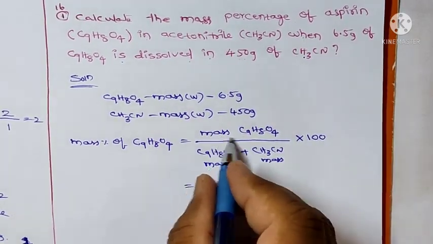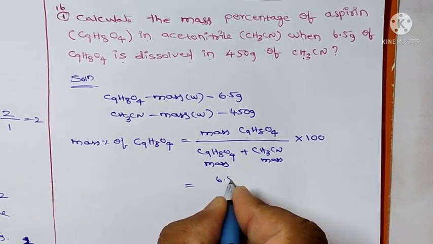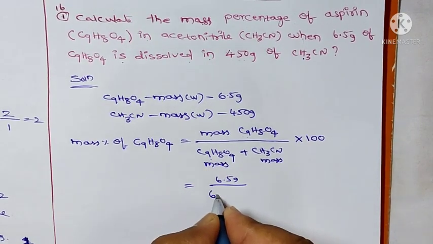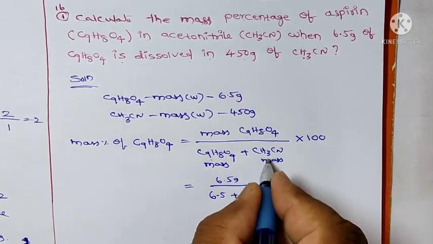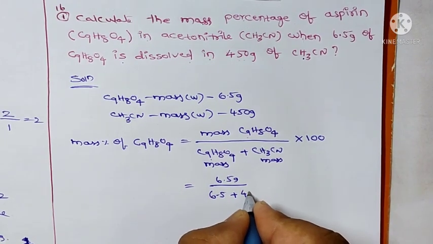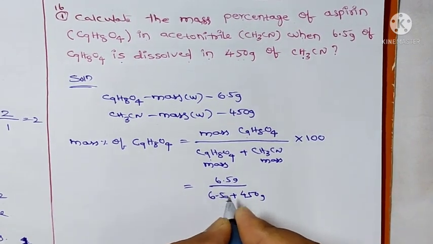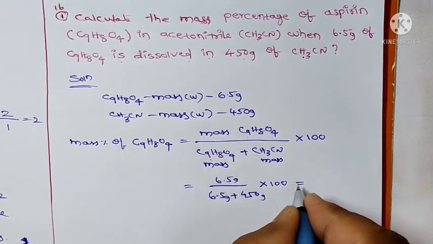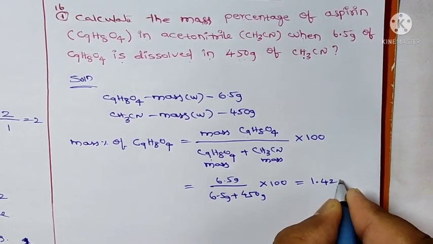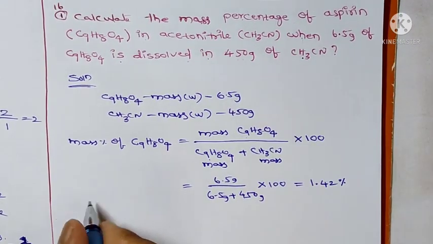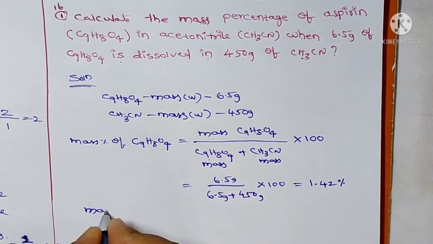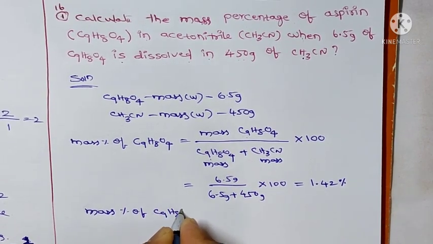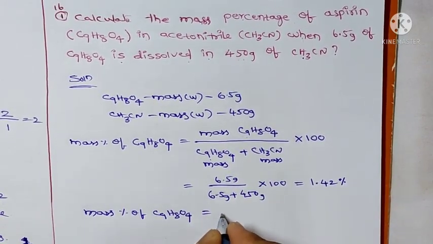So here the values given: mass of aspirin 6.5 grams divided by 6.5 grams plus acetonitrile 450 grams, into 100. If you do that calculation, we will get 1.42 percentage. Mass percent of aspirin, C9H8O4, is equal to